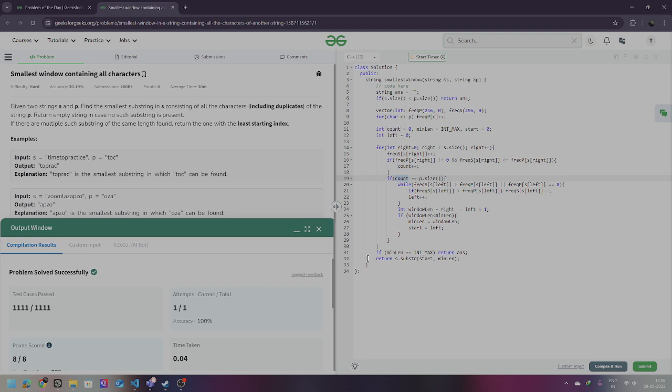So we will obviously have to decrease the left pointer, as in the sliding window concept. We will have to move the left pointer to minimize the length of the substring so that we can get the most optimal value. So now, while